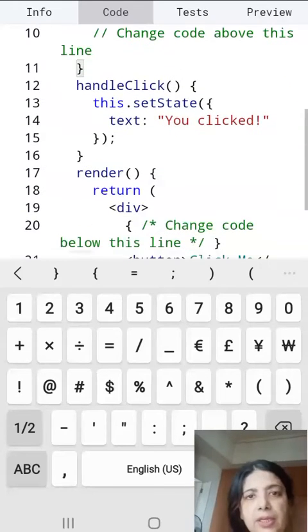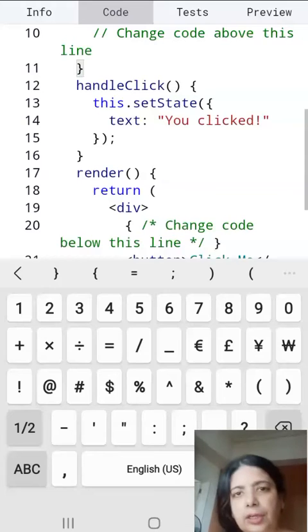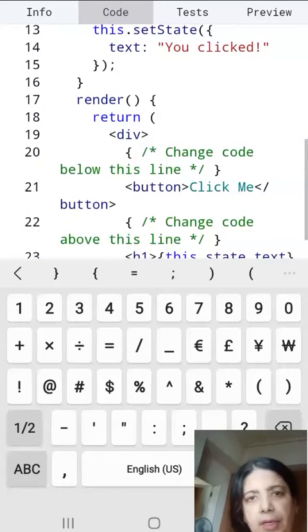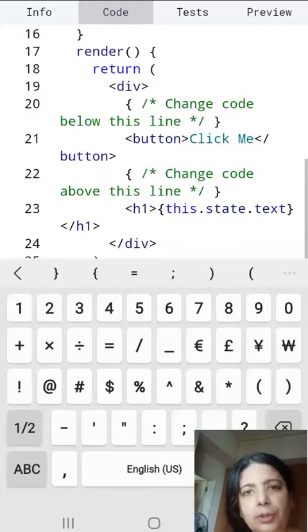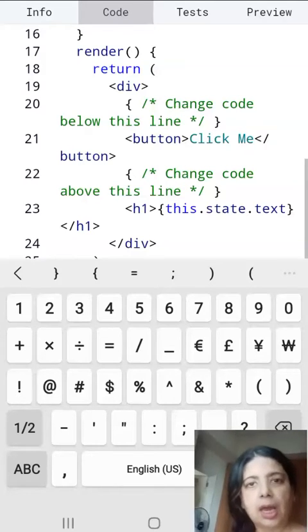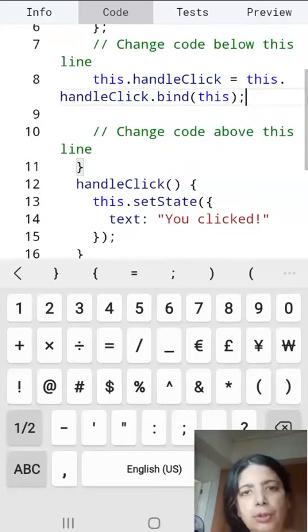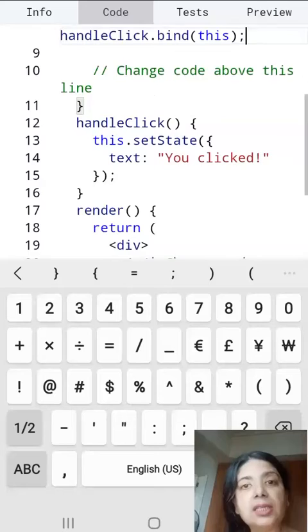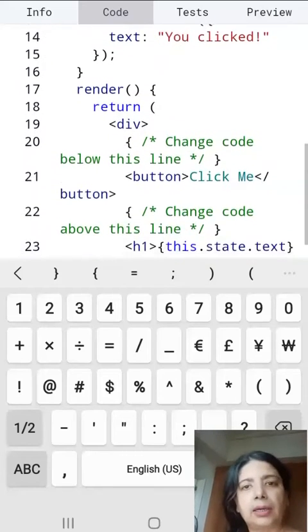The state has been set as text you clicked. We already did this dot set state in our previous lesson. So go to the render method. Inside the render method, you have a button click happening, right? So the state is obviously this dot state dot text based on the initial text. Okay. So now you go inside the button and define this that you've bound here in the handle click, so that when you click the button,